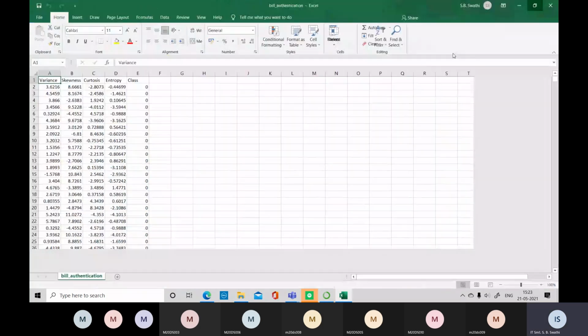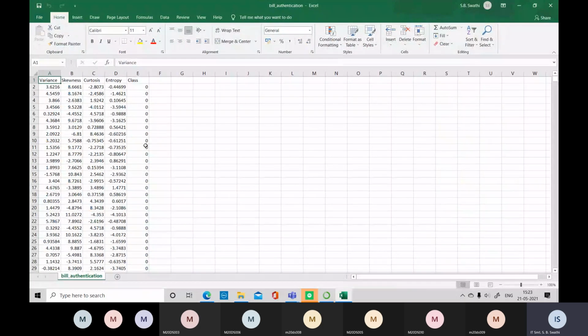This is the Excel file we are using for our decision tree implementation. We are having two types of predictions here, or classification. A decision tree can be used as a regression model. It can also be used as a classification model. In our experiment, we are using it as a classification model.